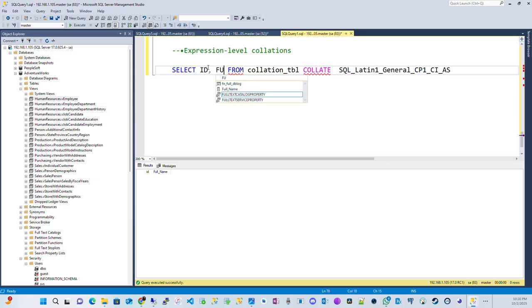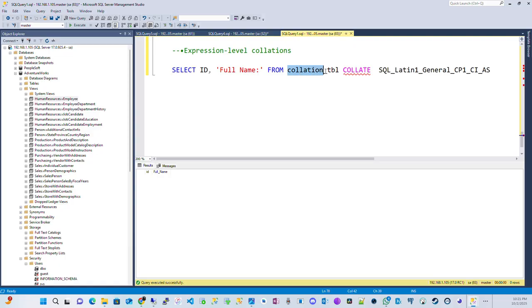Then I say full name, then I concatenate this one. So I want to concatenate this, which I want to collate to that, or I want to concatenate it with